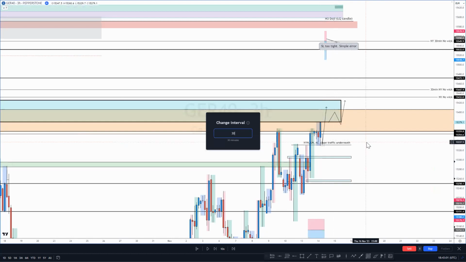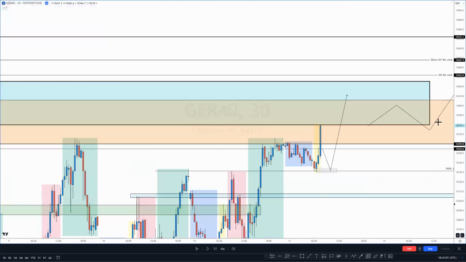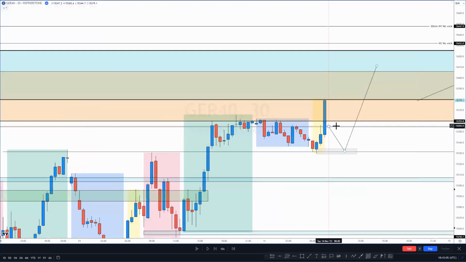It was just a real shame that price rallied pre London Open. We pushed up into it, so it made sense to look for pullbacks. I think where I made a mistake here was I was really targeting this candle, saying that this was my liquidity candle. And then this here was your German Open. And I think what sort of got me